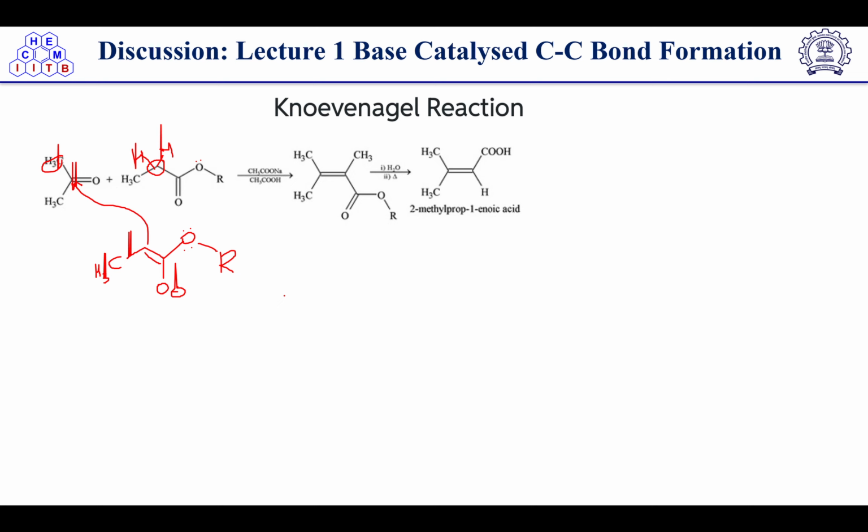In Claisen condensation, both the enolate and the carbonyl compound are esters. According to the functional group, they have divided the name reactions. So in Knövenagel reaction, one is an ester and the other is a ketone. In Claisen condensation, both are esters, and in aldol condensation, either an aldehyde or a ketone is involved. Here it will attack on a carbonyl center and form an intermediate which will look like